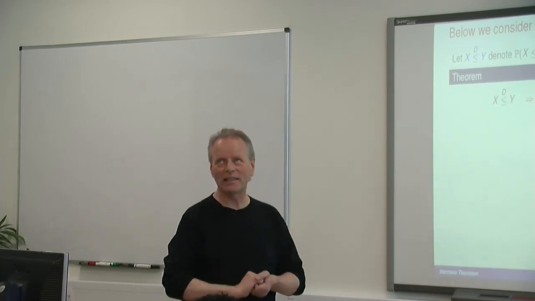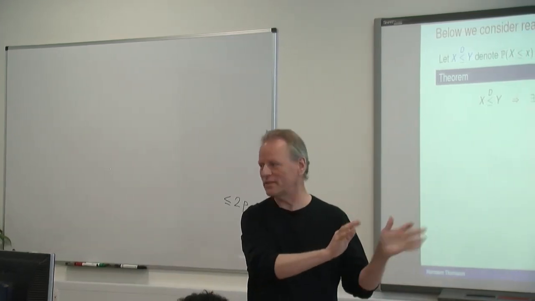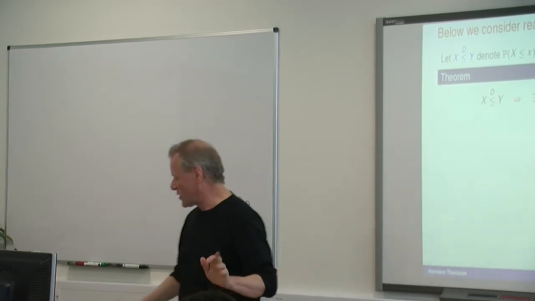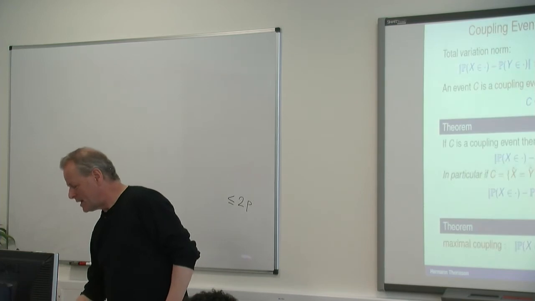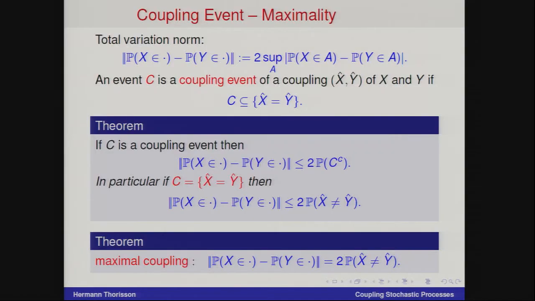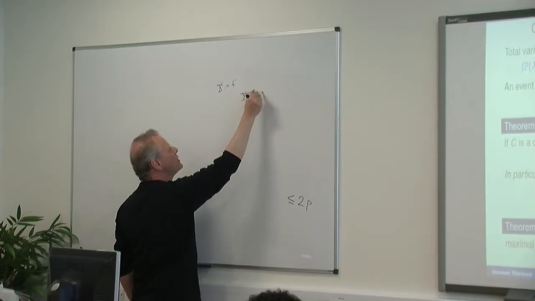Remember I had a comment on maximal coupling. So I will stop here, take 1 minute for maximal coupling. Sorry. Maximal coupling was this last line here. So the standard simulation type of way to do maximal coupling is the following. If X has density F and Y has density G,